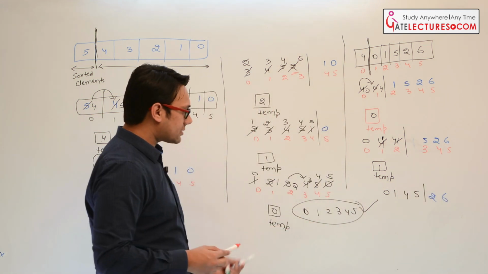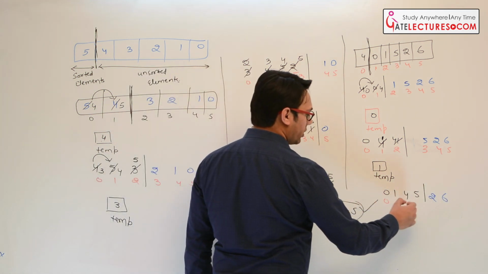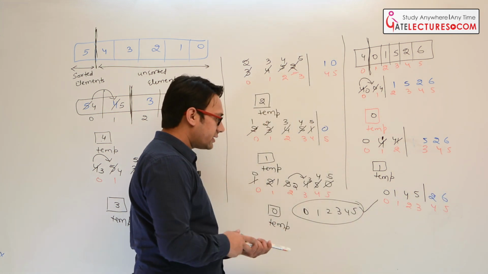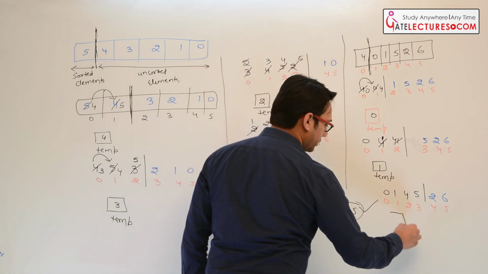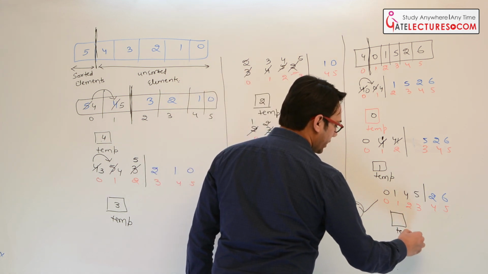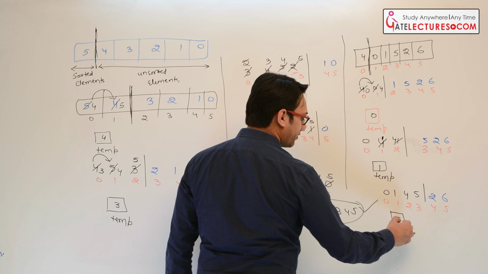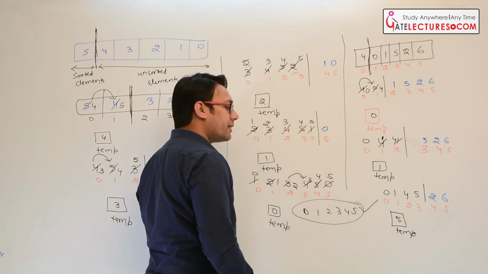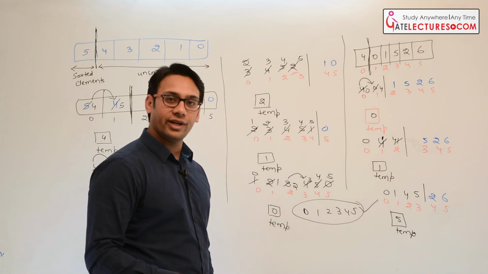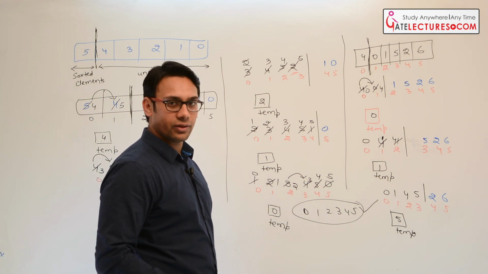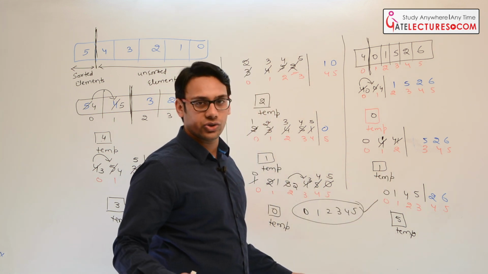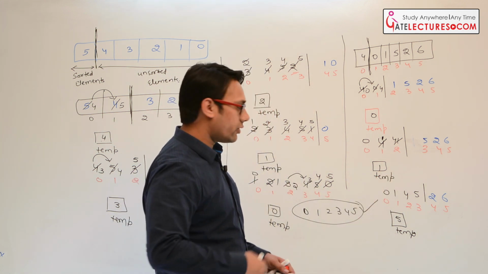Okay, and the index locations are 0, 1, 2, 3, 4 and 5. And then we have the temporary variable, and it is going to take the value 5. Okay. Now compare 4 and 5. If you compare 4 and 5, then you will see 4 is already less than 5. Therefore, we do not have to swap the value. So there will be no swaps in this case. Okay. Now shift the window again.